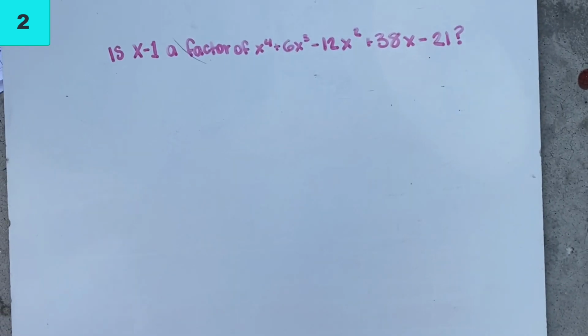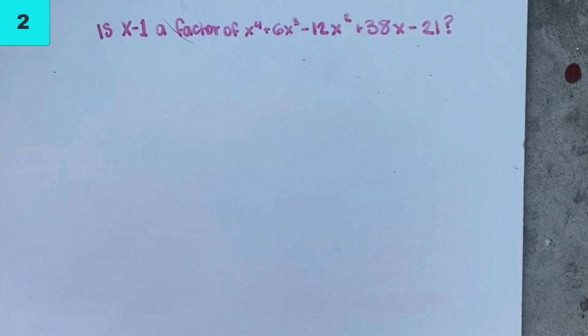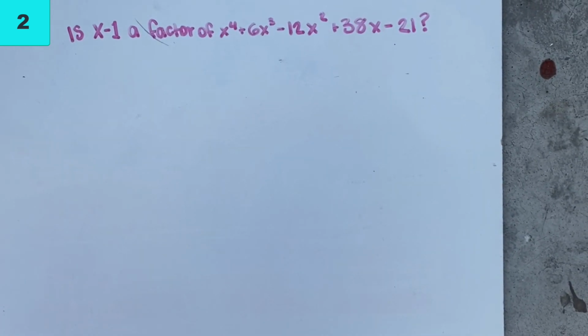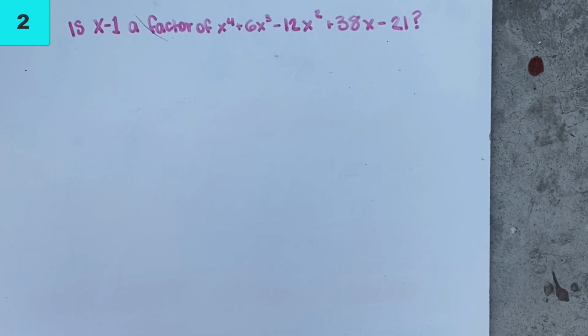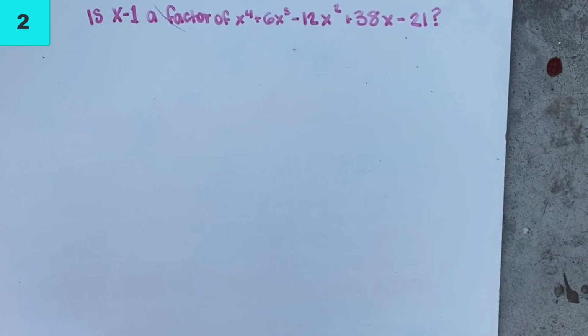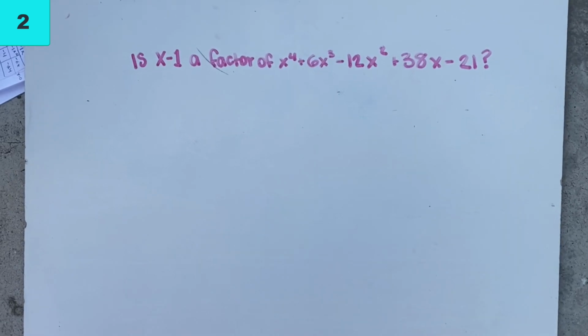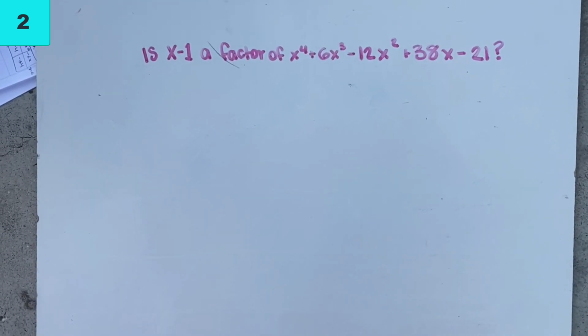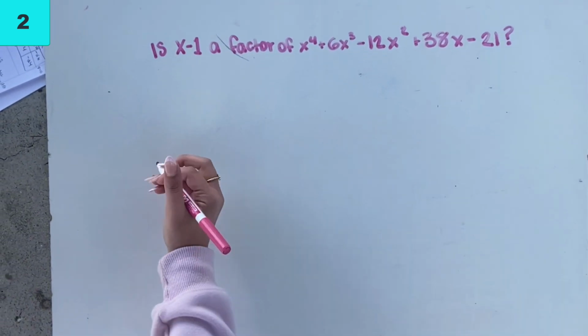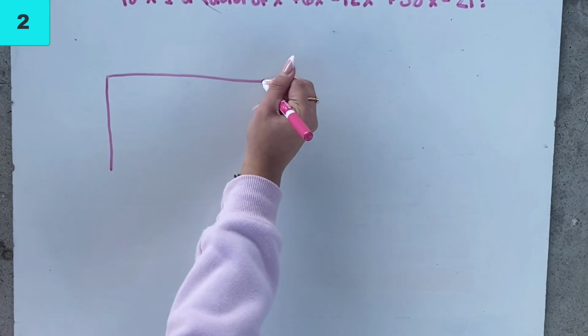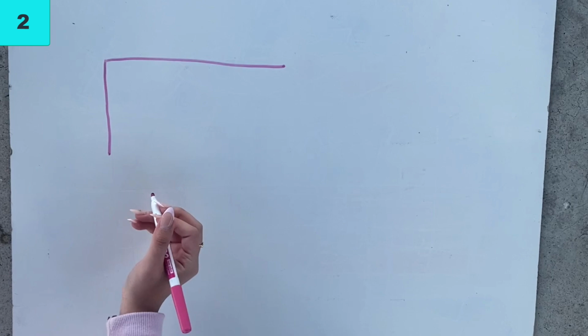So this is problem 2 on 2.4. The question is: is x minus 1 a factor of x to the power of 4 plus 6x to the power of 3 minus 12x squared plus 38x minus 21? So today we're going to do it in the box method. So you start off by putting it,